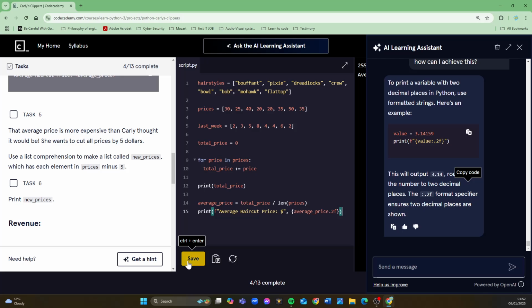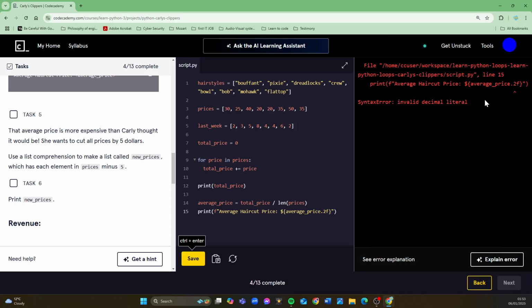I don't think that's going to work, because usually the curly brackets need to be within the speech marks. So if we put the curly brackets in the speech marks and put in the speech marks average price dot 2F, will that work? No, syntax error.